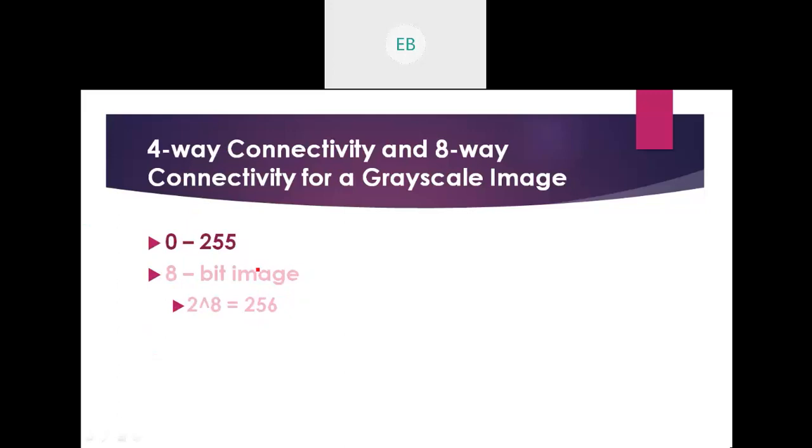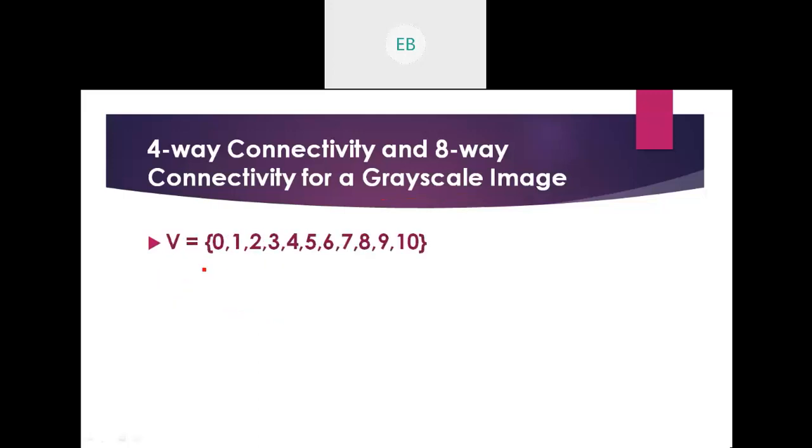That is only the range. So suppose you have to consider a region which is included within 0 to 255 for a grayscale image. Previously, for a binary image, we took a set of zeros and ones, that is v equals 1 or v equals 0, because it was only for a single element. Now we have to take a region that consists of more than one value, because here we are talking about a grayscale image.